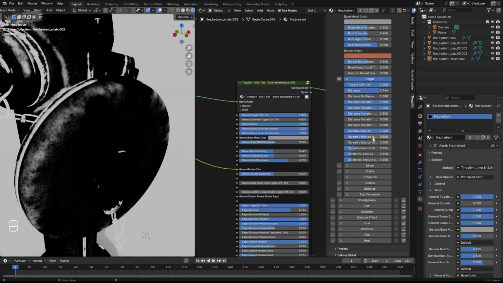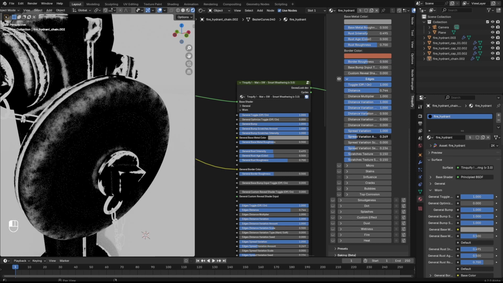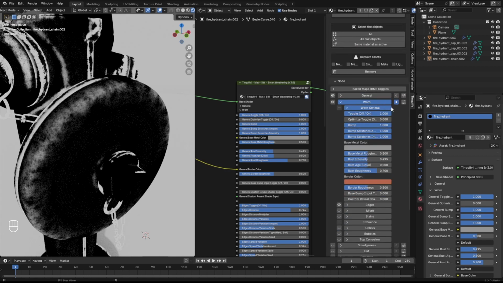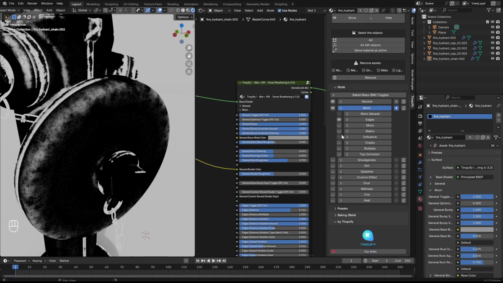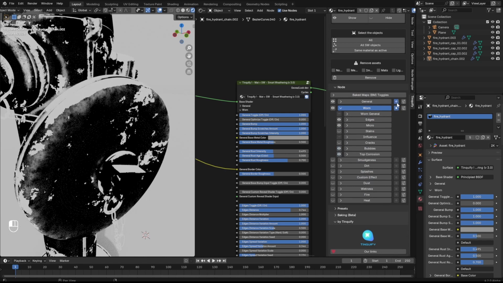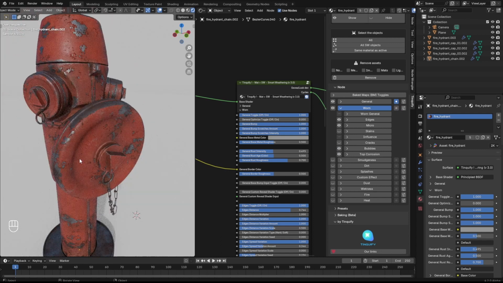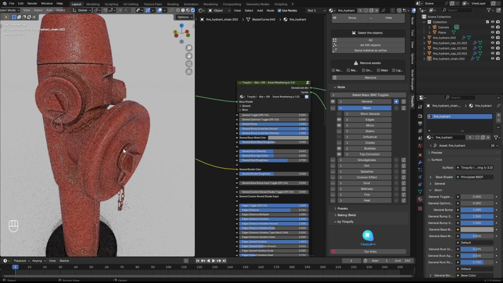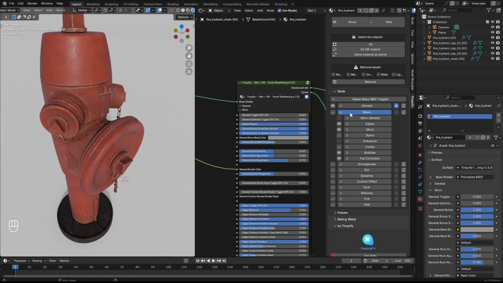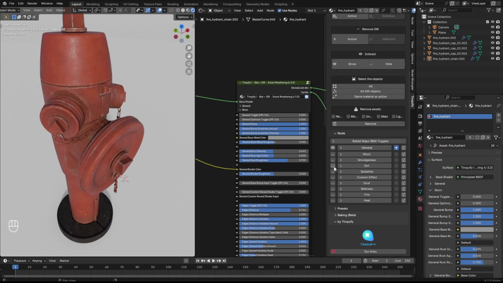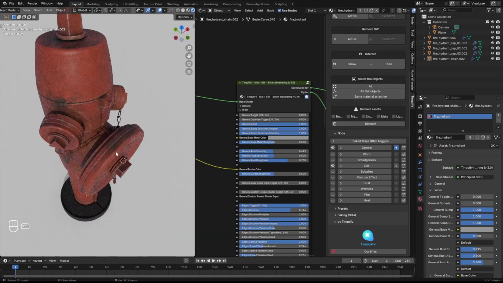I will change the spread variation amount so I can have more of these effects happening on the edges, and that would be it. I can close this section and I can toggle this on again and click on this button which will show the final version. I can easily toggle now with this eye to turn it on and turn it off to see how it changed my base setup. And I can keep it off so I can add another effect and concentrate on the